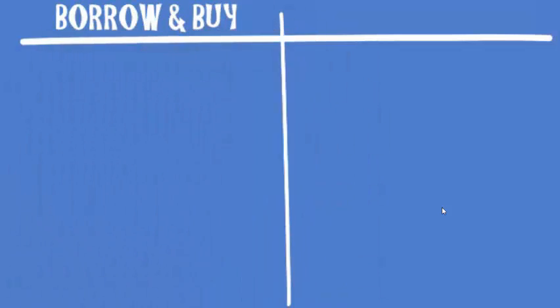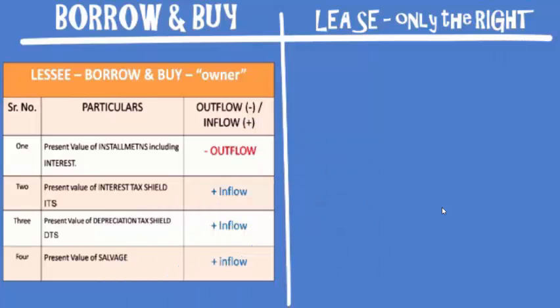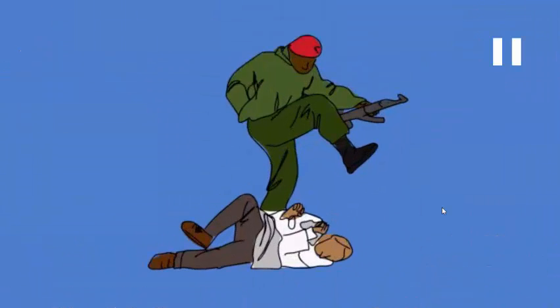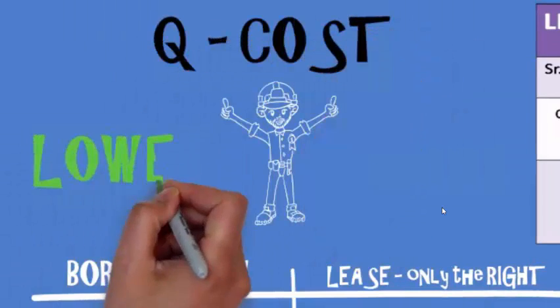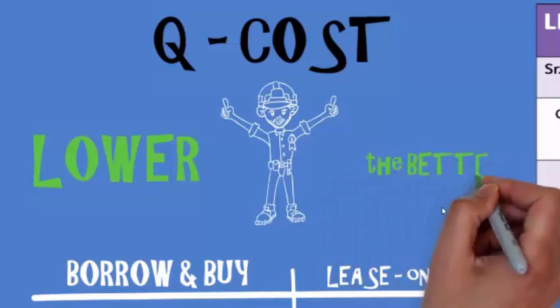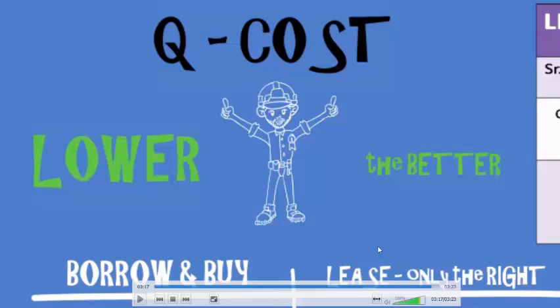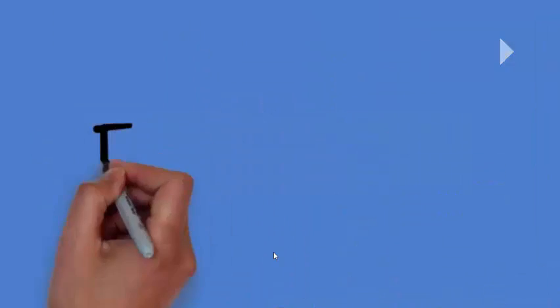So the fight is between these two options: the cost of borrowing and buying an asset, and the cost of leasing, where you only get the right to use. There you need to consider all these factors: one outflow and three inflows, and the other one outflow and one inflow. So who is going to win? The option whose cost is lower will win, lower is better. For example, evaluating the cost through both options, borrowing and buying costs around 5 million and lease costs around 5.1 million. So borrowing and buying is better, as it has the lower cost. That is the option we will prefer. So that was all about